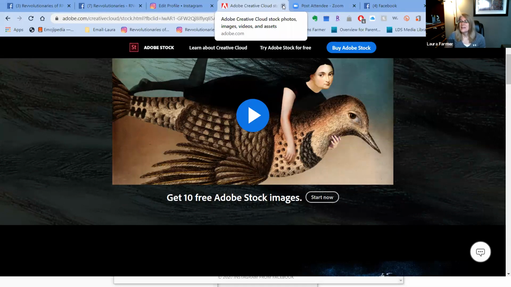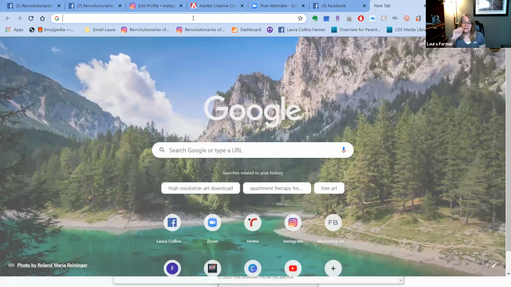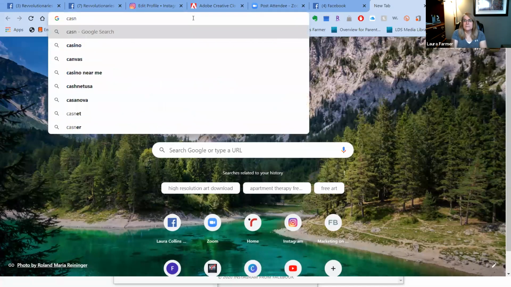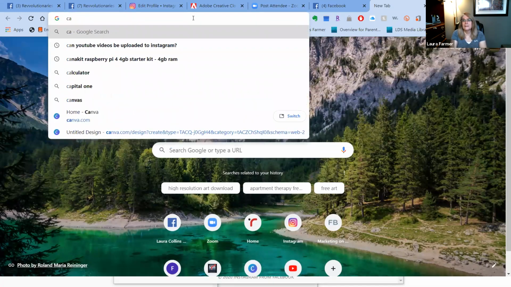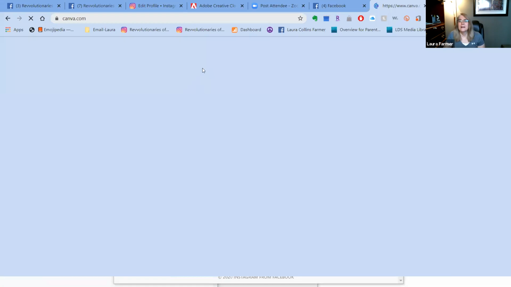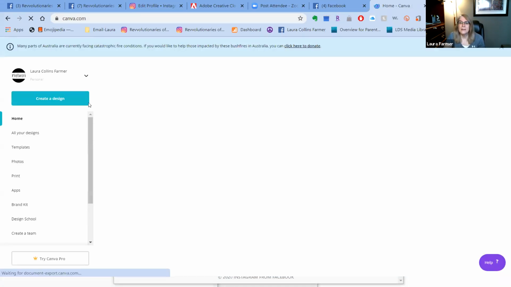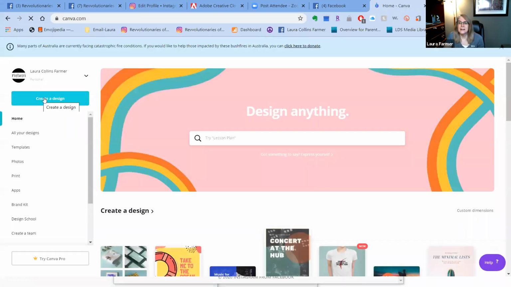And then also I will say that a lot of times you will need to edit photos. You'll need for them to be certain sizes for, like, your YouTube channel or for your Facebook banner. This is a great way for you to be able to take a photo that you have on your computer and just